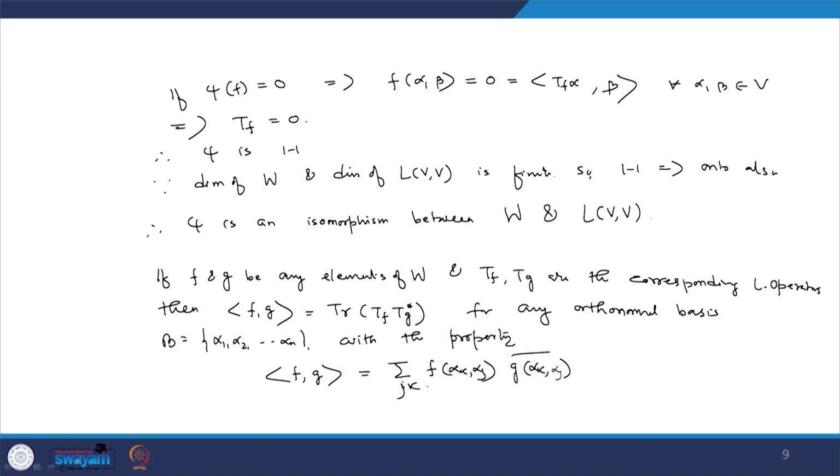This is equal to 1 to n. I mean j and k, both variables, are varying from 1 to n. The inner product of f and g can be written like this. The proof of this result is also very straightforward, since we know